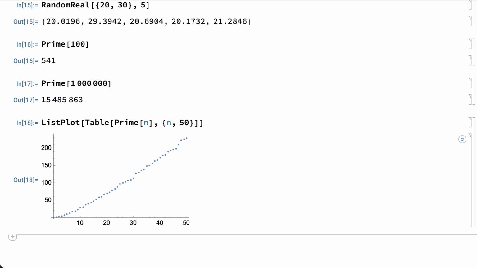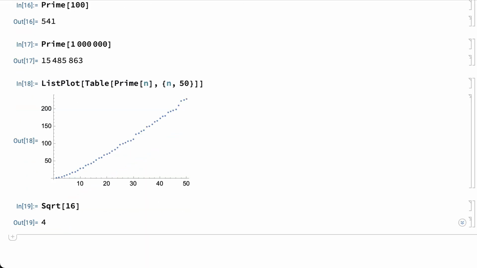Three common practical operations with numbers are square roots, base 10 logarithms, and natural logarithms. This uses the square root function to give the square root of 16, which is 4. As in other calculations with numbers in the Wolfram Language, if the input is exact, then the output will also